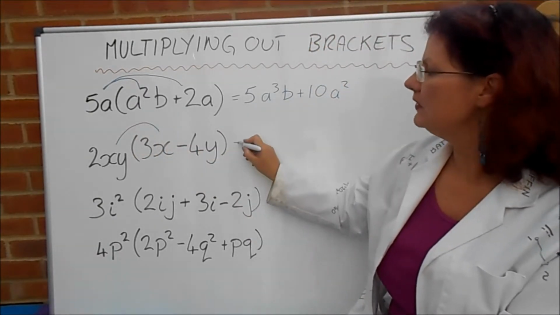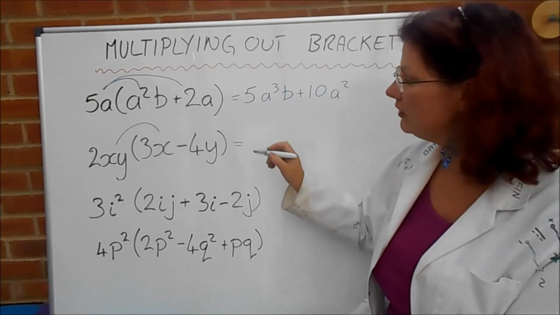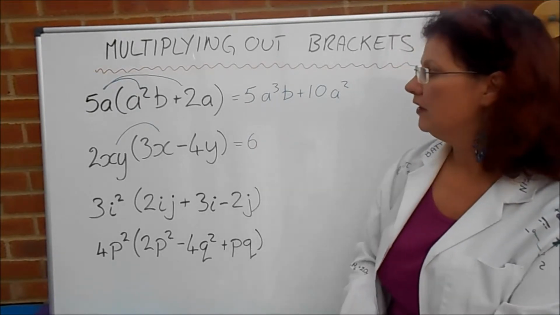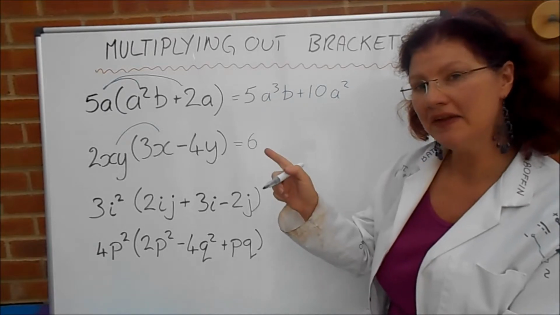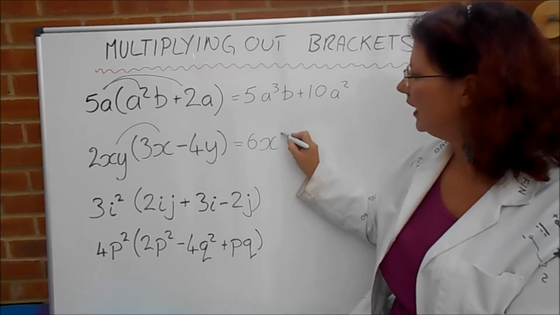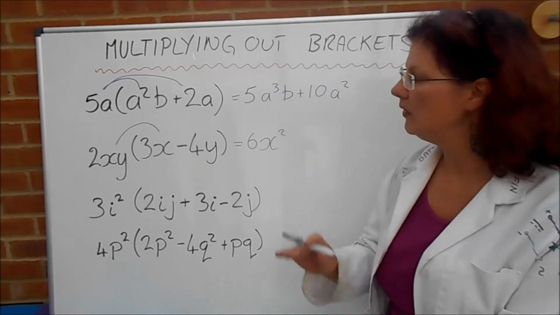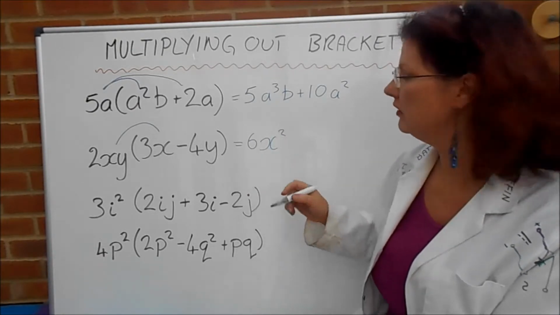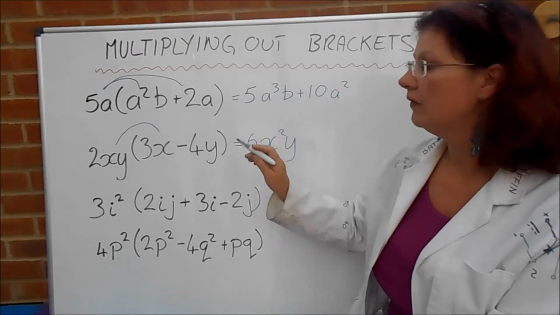First of all, with the numbers, we've got a 2 times a 3, so there's a 6. For the x's, we've got x outside the brackets times by an x inside the brackets, so that's x squared. And then we've got a y, which isn't times by anything else, that's just y. For the second term,